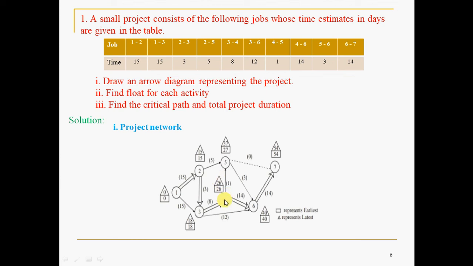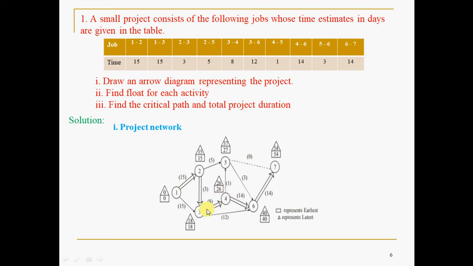So you can reach node 4 in 2 backward ways, this one and this one. If you go like this, the triangle value is 40 minus 14, 26, and if you go like this, 37 minus 1, 36. While going back, if you have more than one path, whichever is less, that you have to take. In the backward pass, we call this delay. Since it is delay, you have to minimize it, hence you write the least number whenever you are going back.